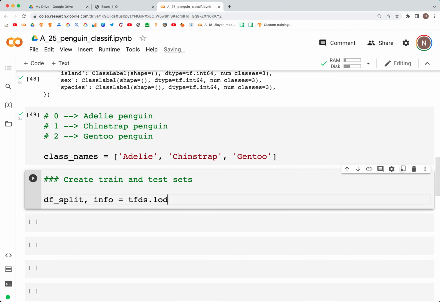and tfds.load. Within this, we are going to use the dataset penguins, again the same penguins, except that now we'll use the processed dataset that is ready for us to train a model on. And we'll perform a split, because this dataset doesn't come in a form where the split for train and test is already done. So we'll put that inside of these square brackets, and we'll do a